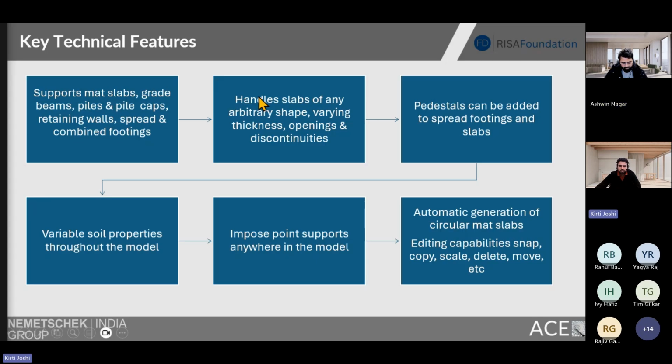It also has the ability to model slabs of any arbitrary shape. For example, in real life, the foundation rarely follows a perfect geometry, like rectangular or any other. There may be setbacks or lift pits or shear wall cores of the basement. So the software allows you to define the slab thickness as well, like the openings and the discontinuities. For example, in a mat foundation, it is common to